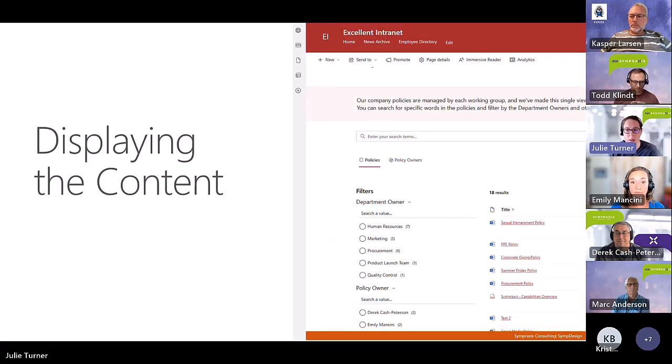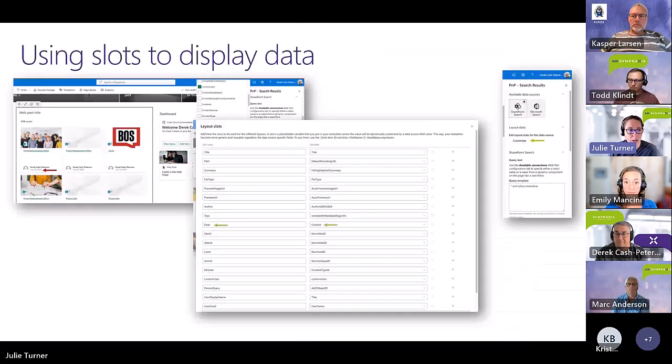All right, well, let's move on to displaying the content. This is sort of the meat and potatoes of what we're going to talk about. Derek, why don't you start first? We're going to do using slots to display data. Yep. All right. So this didn't come out nearly as big as I wanted the picture to come out, but that's okay. So one of the things that we can do with the PnP search is leverage this concept of